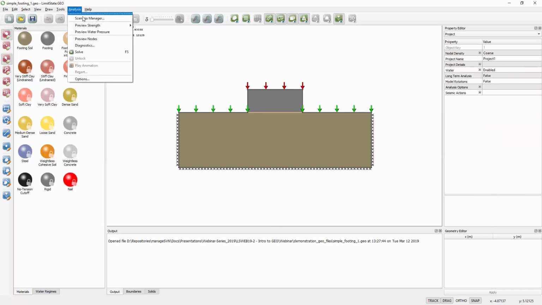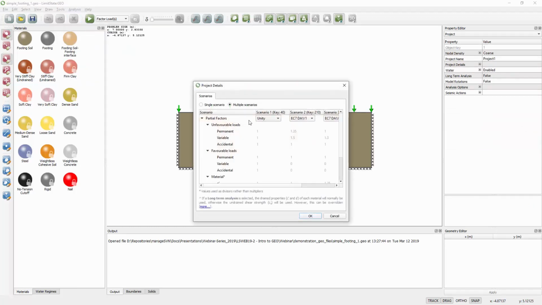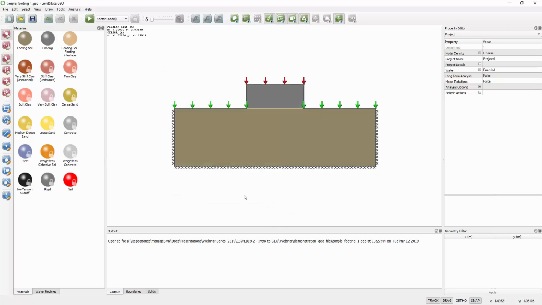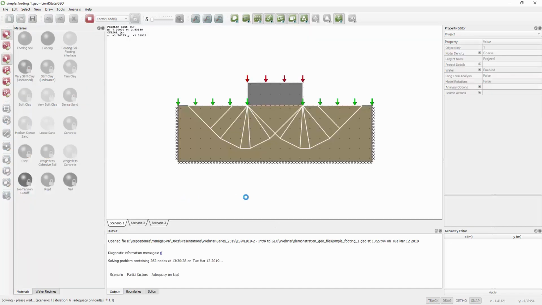And finally, we'll look at scenarios. So here, what I've asked the software to do is model multiple scenarios. So for every solve, it's going to solve the problem with no factors applied, unit factors, with design approach 1 combination 1 factors applied, and with design approach 1 combination 2 factors applied. And then we can look and see which is the most critical case. So if I click solve,